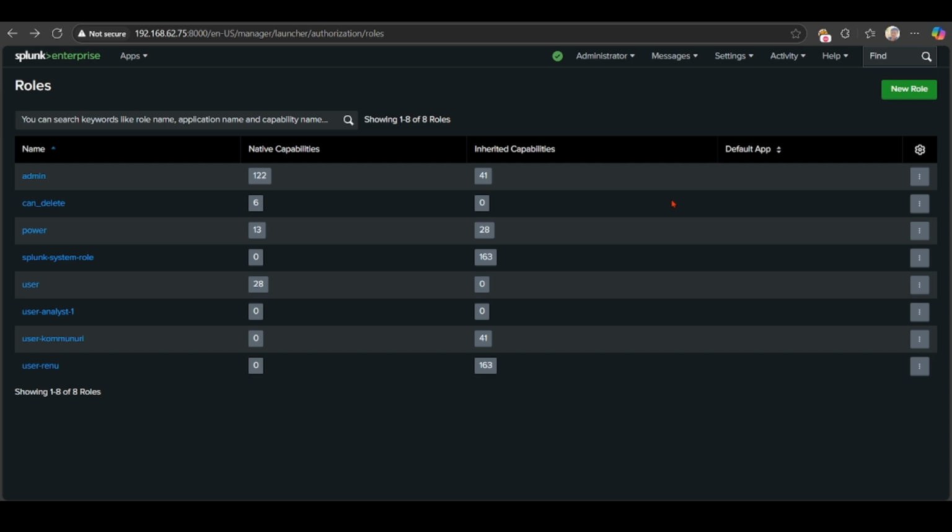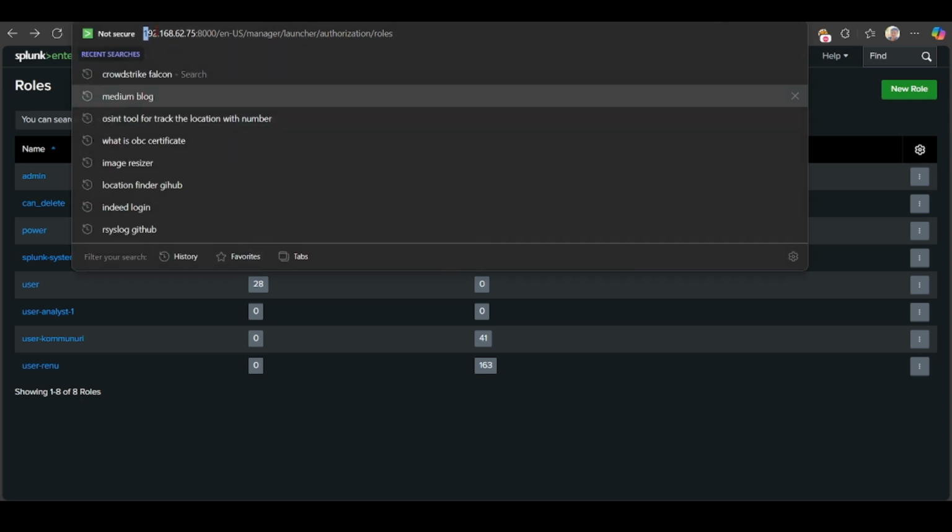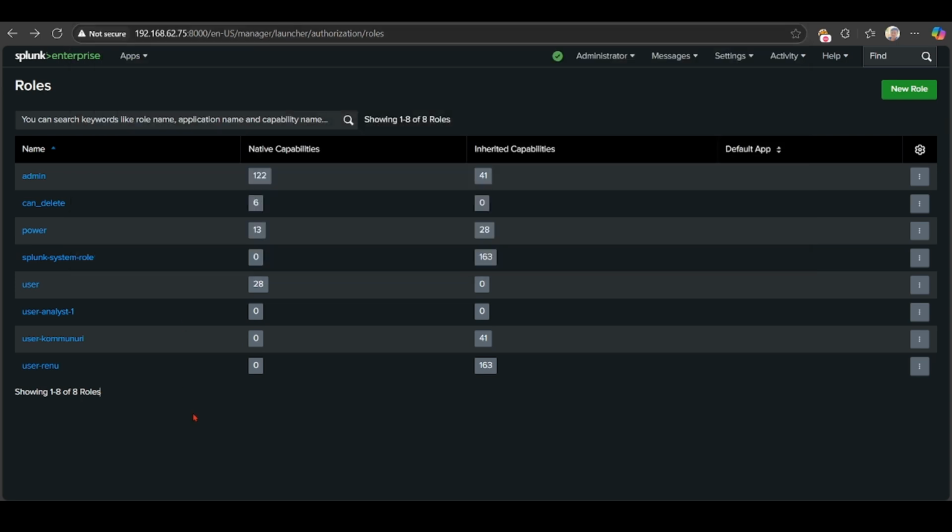For example, you and your employees are in the same network. It is easy to access this Splunk, because we deploy the server at this IP address. If anyone in the same network types this IP address in their browser, they are able to get Splunk,